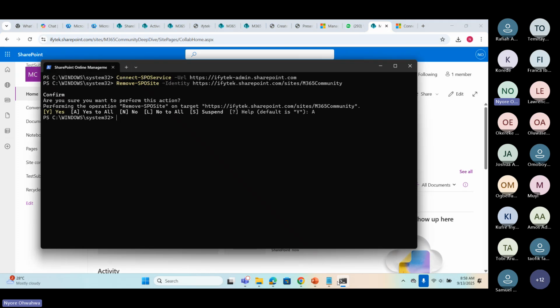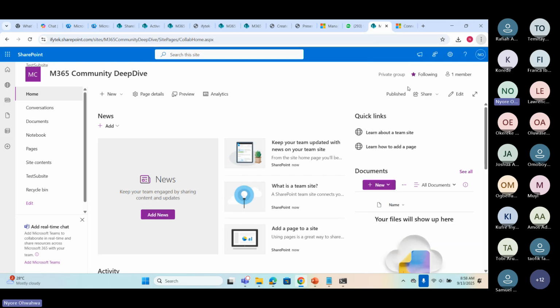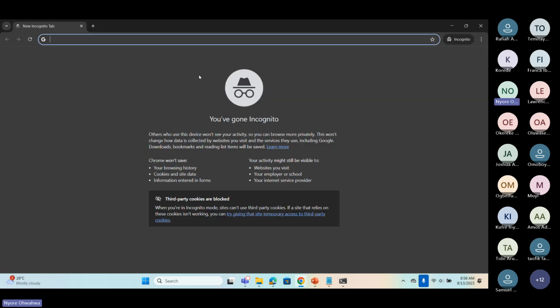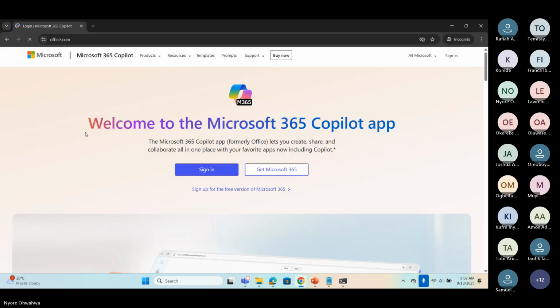Still redirecting. I'm sure that is cache. So I'm going to log in on a private window.